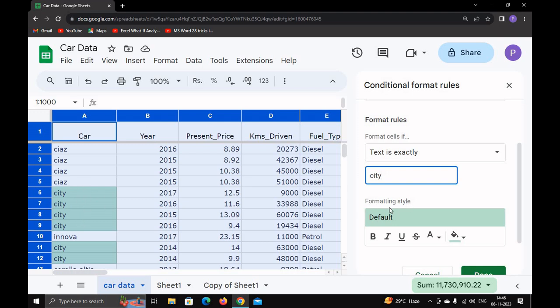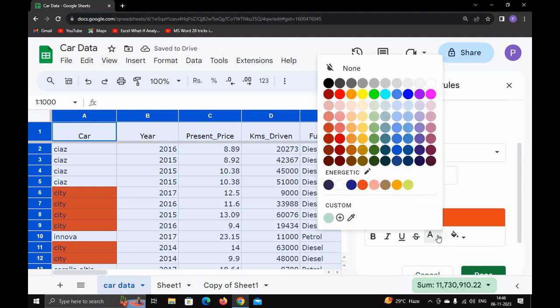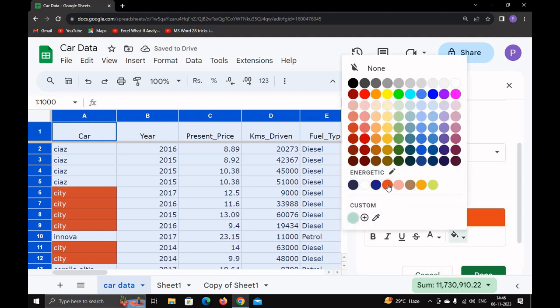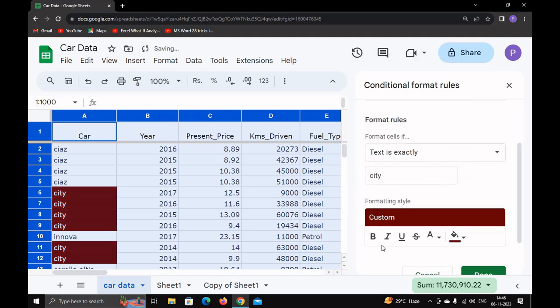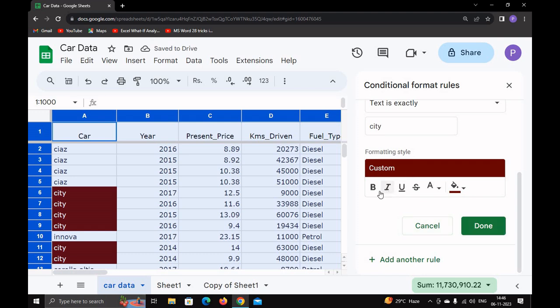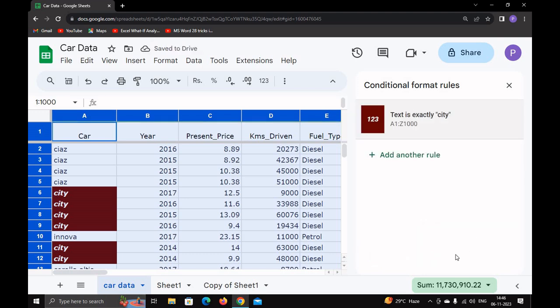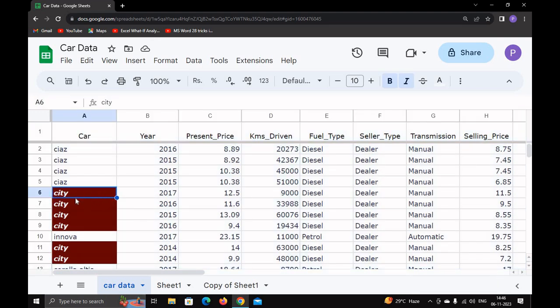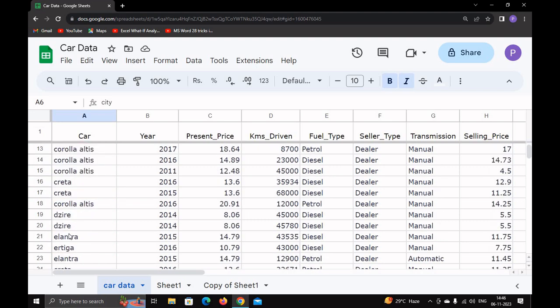I can also change the formatting style. Just select here, and you can select this color, and you can select text color, let's say white. You can give any type of formatting you want. You can even bold the text or italic the text, and click on done. This way you can highlight the cells based upon a particular condition. You can see all the cells which have a value city are